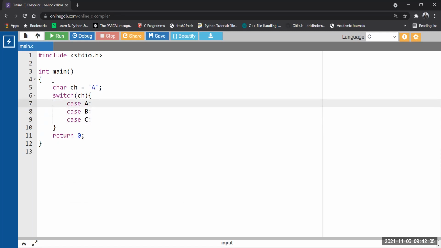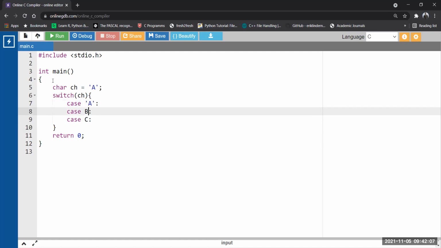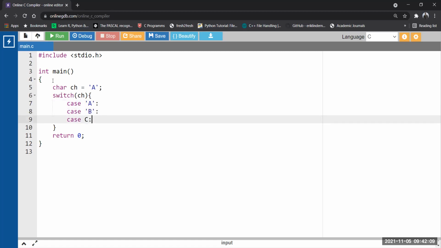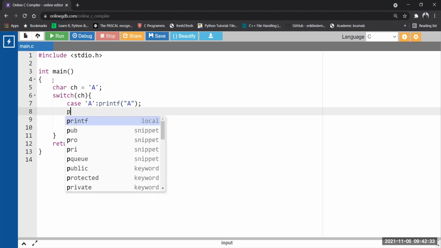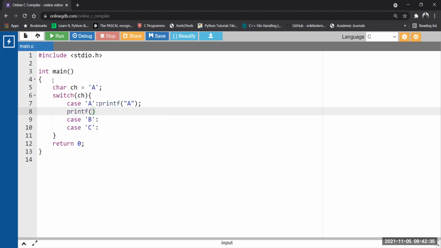Okay, there should be constants. Now see, I'm using the constants. If you just write A, B, C, it will be considered an identifier name. If I write only A, then B, then C, it is an identifier name. It is not a constant. A character constant should be presented inside single quotes. Next, now let's print this A. We have selected option A, and we can have many such statements inside it.